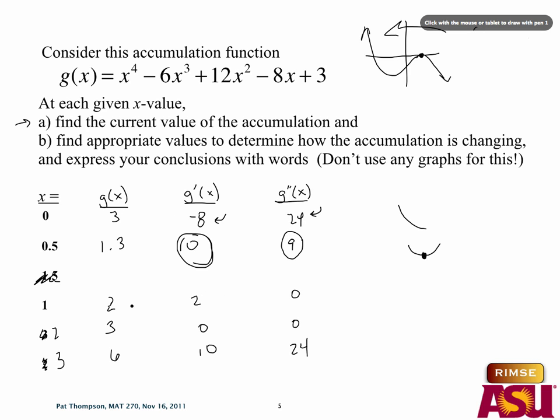So then at x equals 1, the first derivative is 2, and the second derivative is 0. So the fact that it's 2 means that g is doing what? Increasing. That the second derivative is 0 means what? Possible inflection point. Okay. So in order to determine if it's actually an inflection point, you'd actually have to test some values nearby,